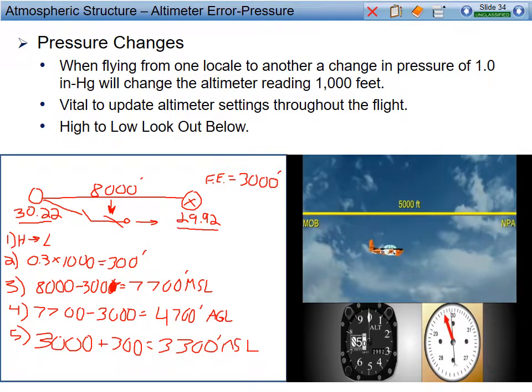So our altimeter would read 3,300 feet MSL on deck where the field elevation is actually 3,000 feet. But due to our incorrect altimeter setting of 30.22, when the actual station pressure is 29.92, our altimeter would